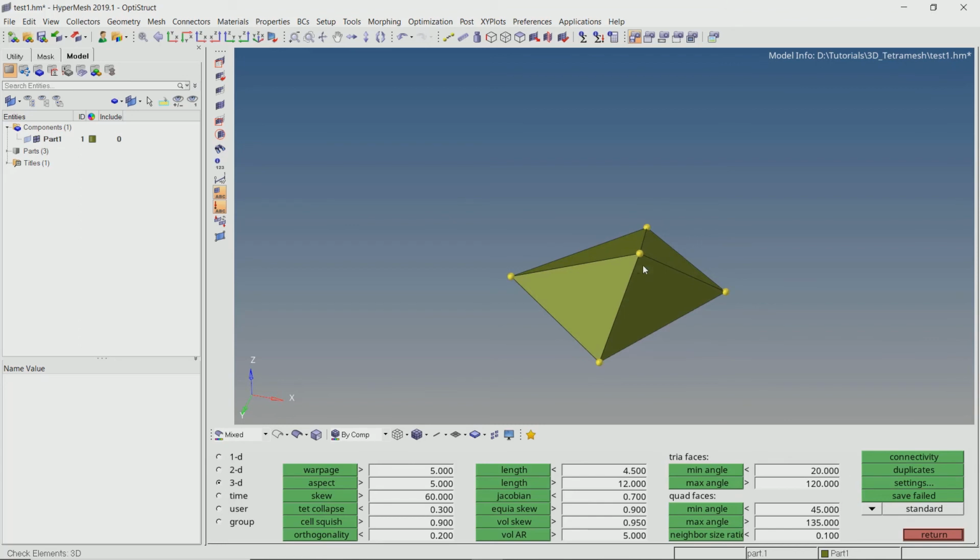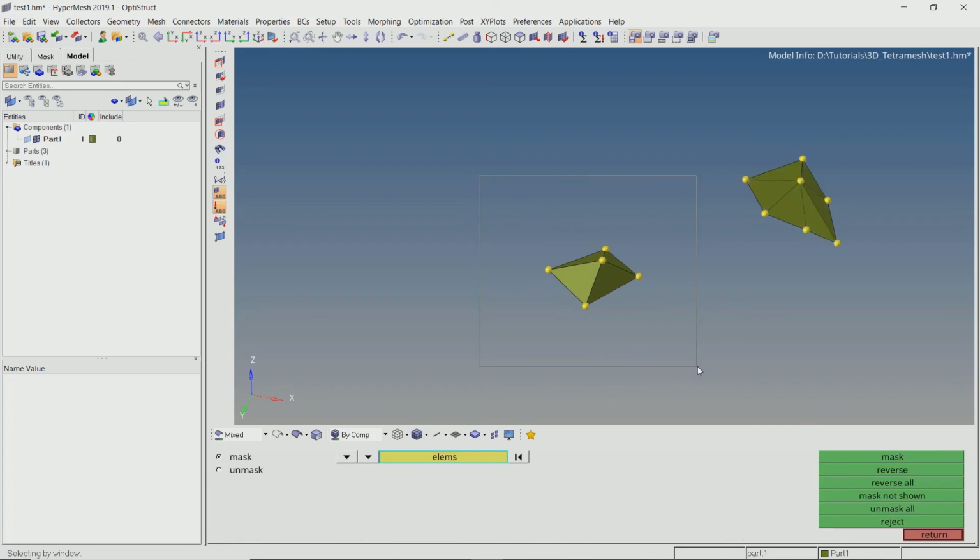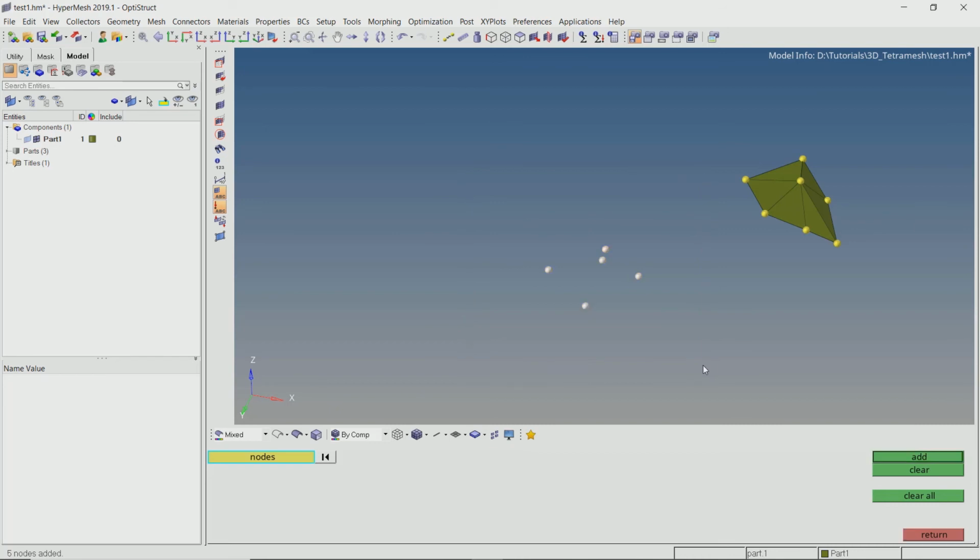We can recheck the TET collapse from the element quality panel. As these two elements are not failing anymore, we will mask them to avoid confusion while editing other elements. Let's also clear the temporary nodes we created. Now we will fix the remaining elements by similar process using the Translate panel.